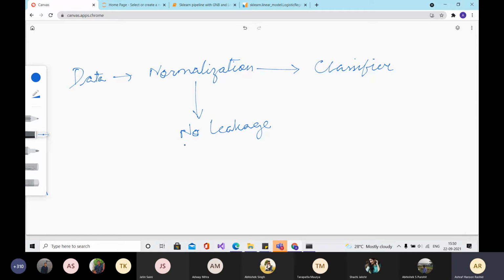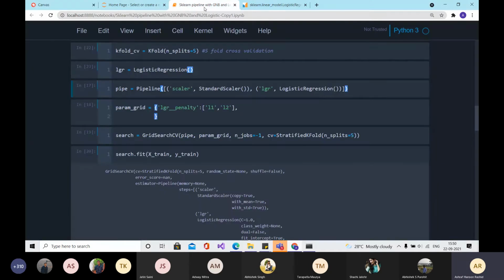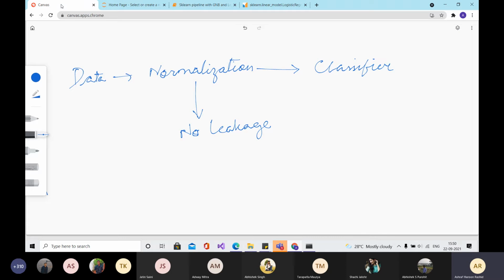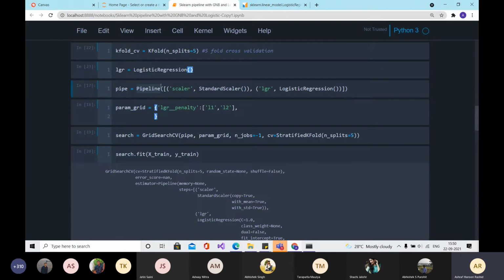One approach to this would be that you try to code everything by yourself: do the normalization and write your code for k-fold cross validation. The other option is to just use whatever classes are available in sklearn, and pipeline is one such class that can convert all these steps in a machine learning workflow into one single pipeline.